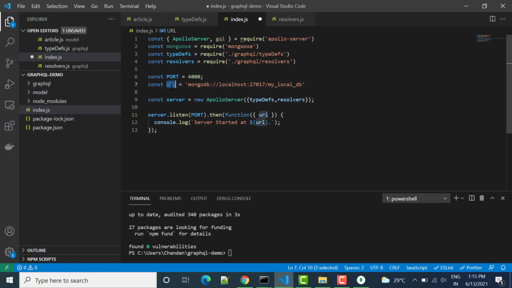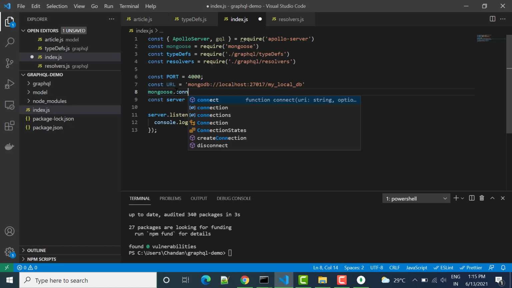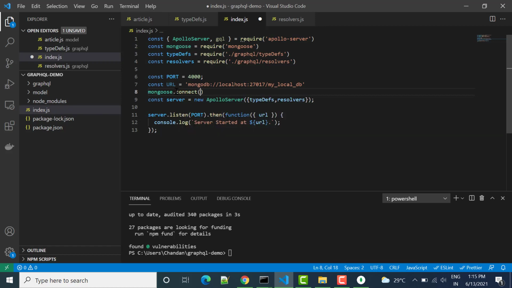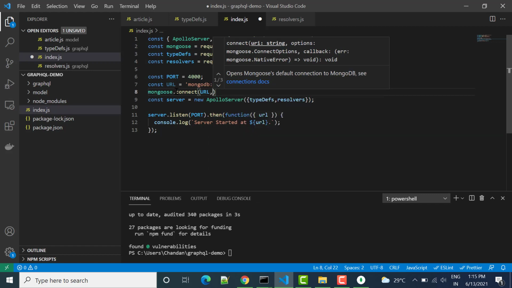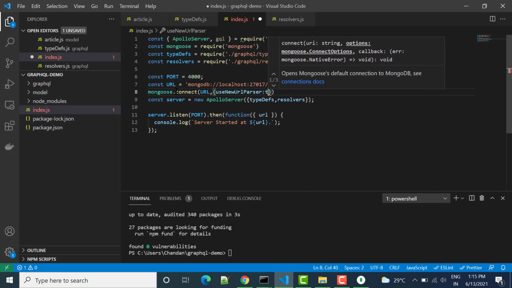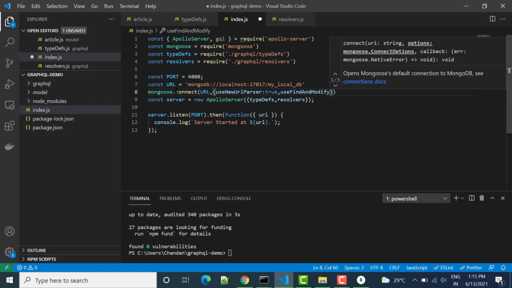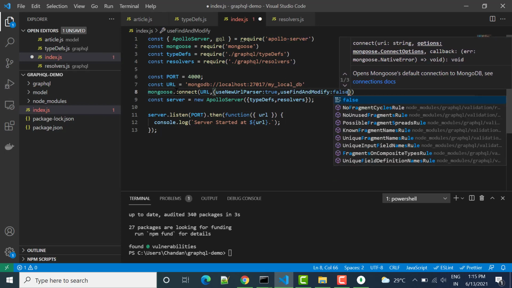So we have the localhost URL here, and then we write mongoose.connect and pass this URL, comma, and then we use useNewUrlParser, and here we say true, and then useFindAndModify is basically false.